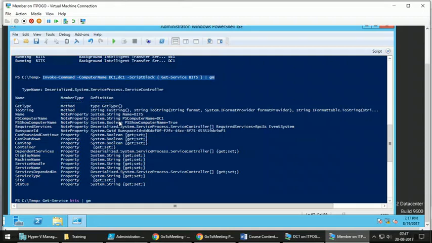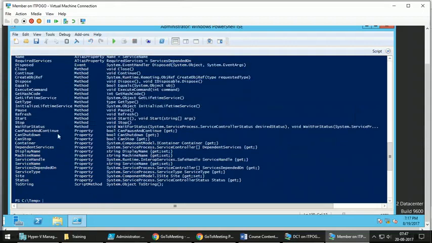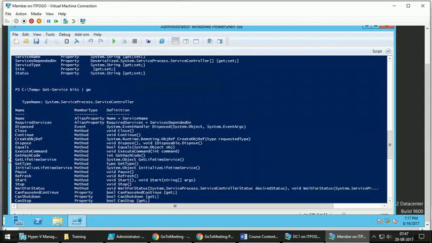That is called deserialized object. Deserialized means only the offline data, the data which is captured from the remote computer and which can be shown online, only that data is preserved. Rest everything which requires the open connection to that computer will be removed from the output object. Now if you run this command locally and see the output, you see these methods: stop, start, refresh, pause, close, and all those things. These methods are not there because